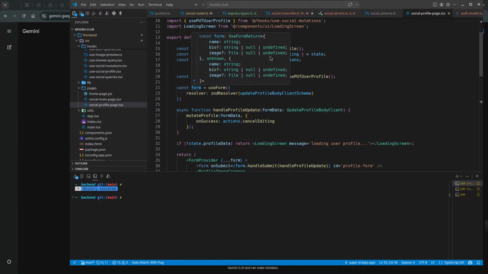Maybe null is like a value. Undefined is the default here. Undefined is a default, null is a value. So I have undefined and I have a string, but a user cannot send null anyway. He cannot specify that his bio is null.